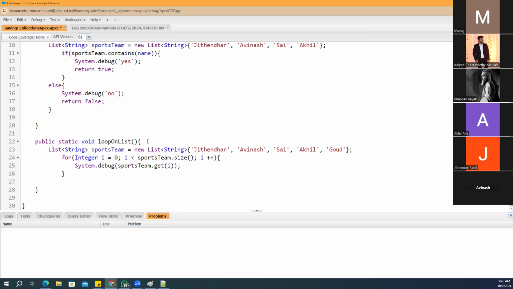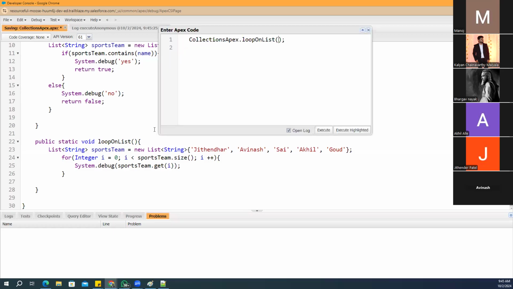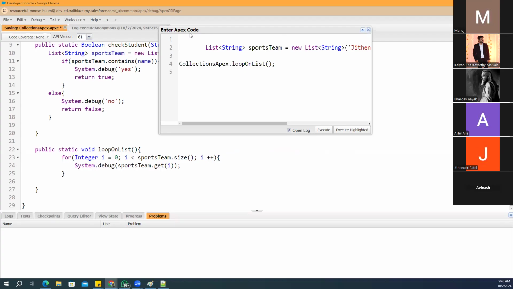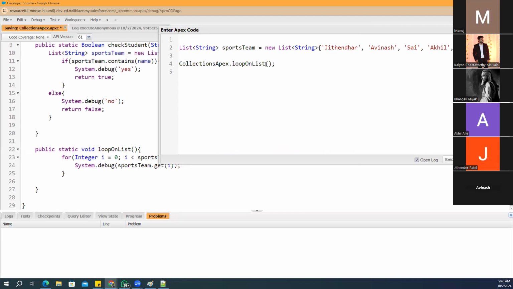Now what we'll do is we will pass the list to a function, to a method. Now this list is not here. This list is here. Generally, we'll pass what? Integers, strings, like this we'll pass. Now we are passing what? List. List only we are passing to the loop on a list. So first I have to tell that I will receive list of,